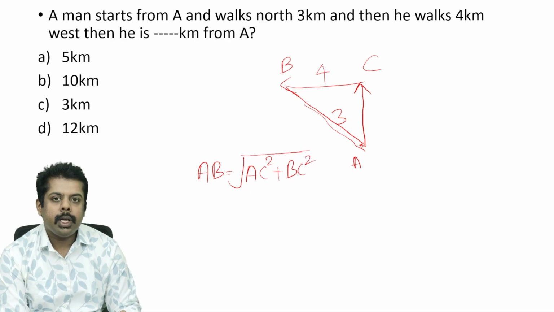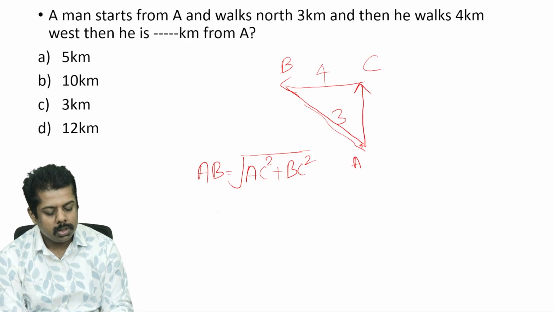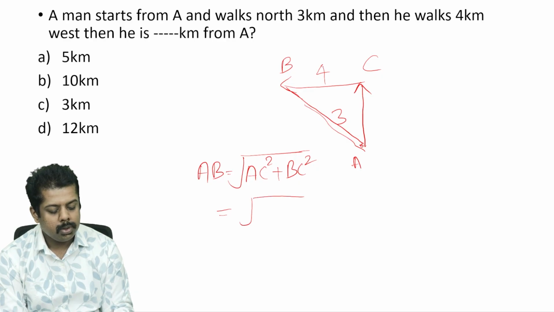Okay, so this is what the Pythagoras theorem says. AB is equal to what? Root of AC square plus BC square. Okay. Now if we are using this Pythagoras theorem here, as we know,